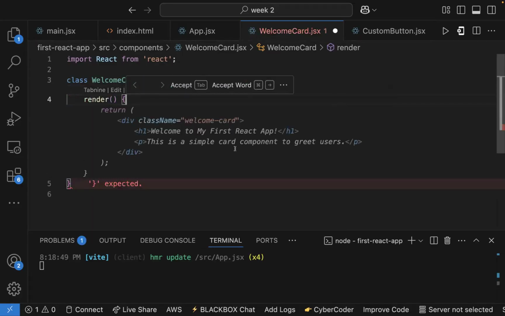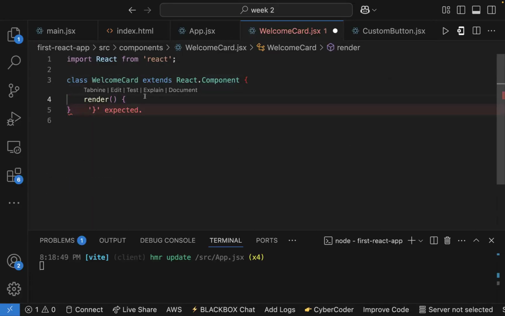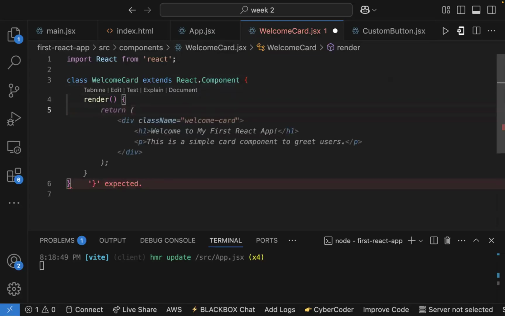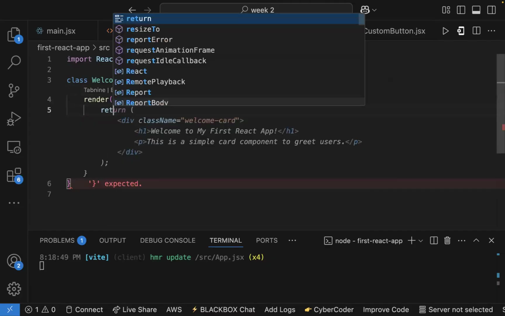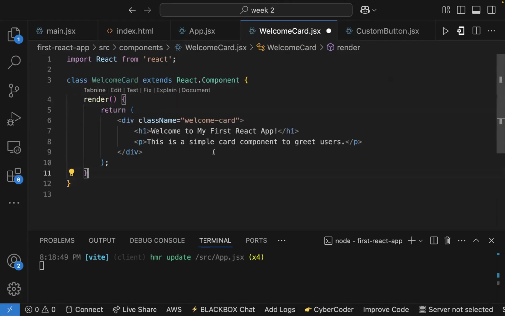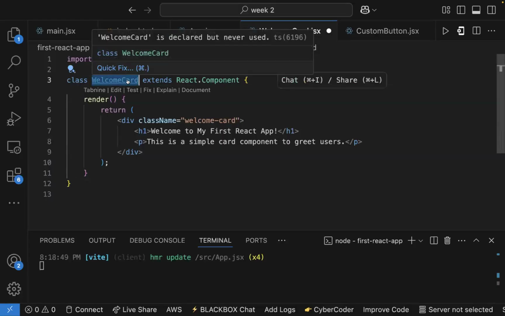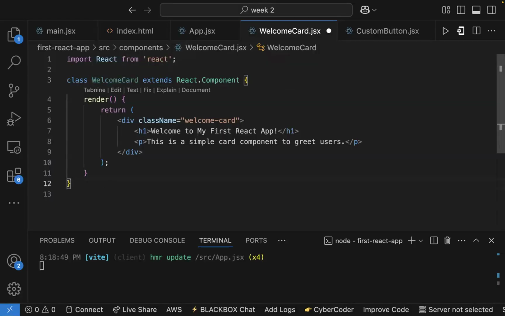We can render our JSX just after this. And return. So let's use the same text. Welcome to my first React app, and this is that, right? So we still need to export this function,